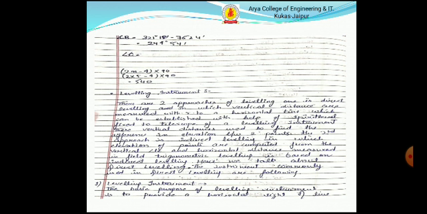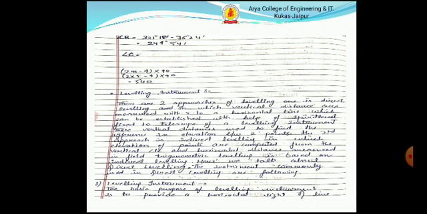Leveling instrument. There are two processes of leveling. One is direct leveling, in which vertical distances are measured with respect to a horizontal line, which can be established with the help of the telescope of a leveling instrument. The vertical distance is used to find the difference in elevation between two points. In the second, indirect leveling, the elevation of a point is computed from the vertical angle and horizontal distance measured. Here, we talk about direct leveling.